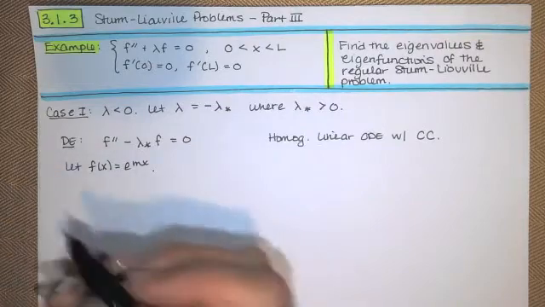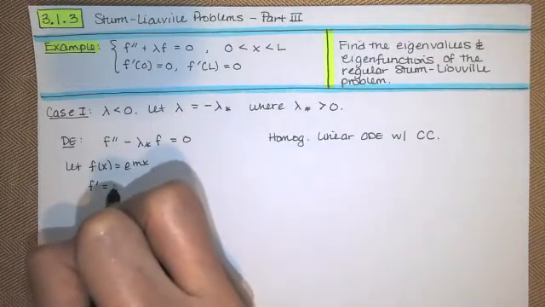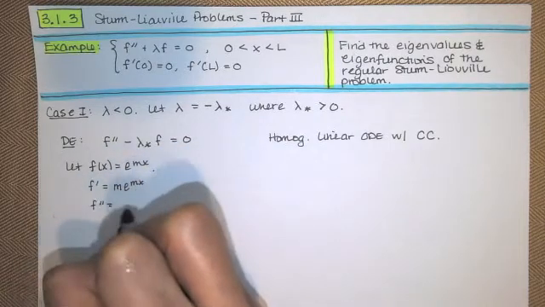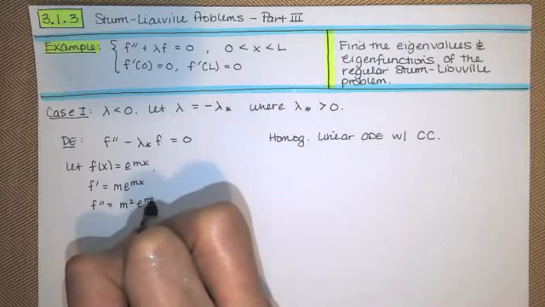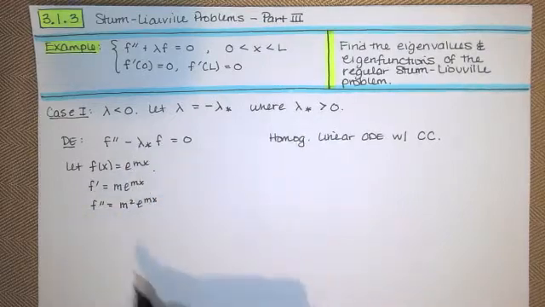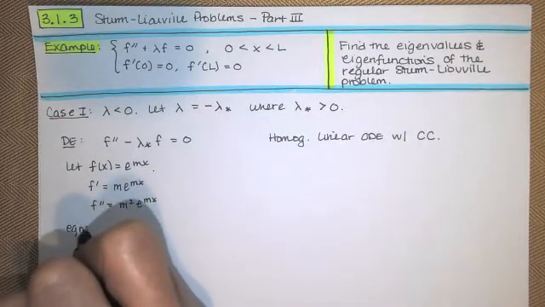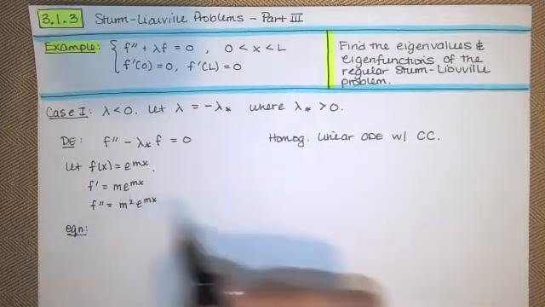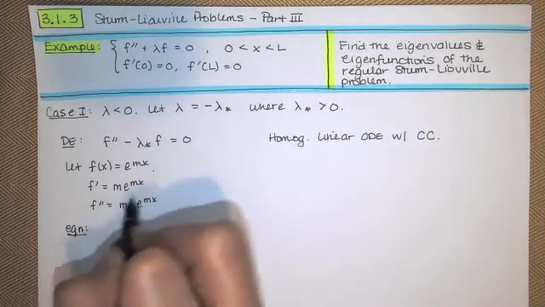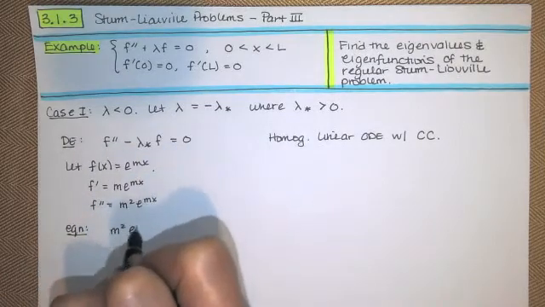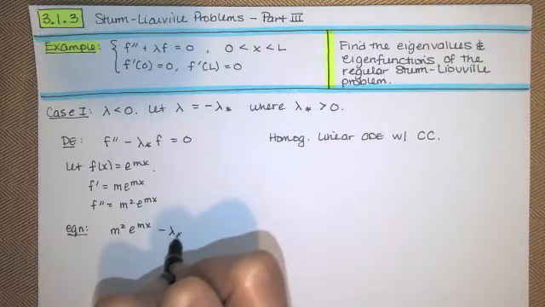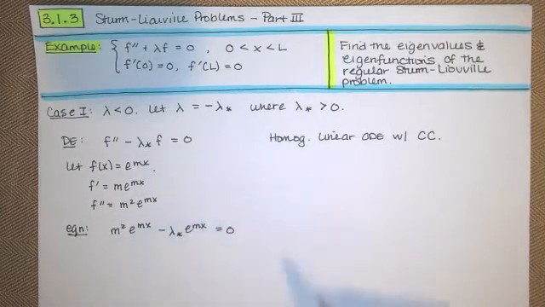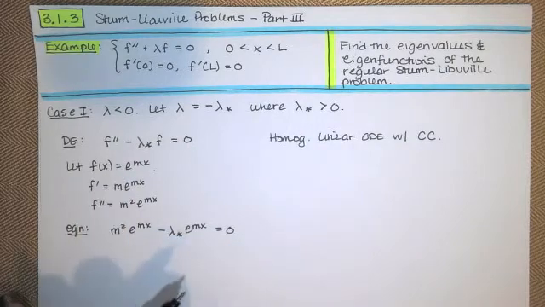Now, many people will skip this step. I'm not going to skip it, at least for the first and second examples. Many students need a reminder of where that characteristic equation comes from. You take the derivative twice, you substitute into the equation. If this is a solution to this differential equation, then this equation must also be satisfied. F double prime, which is m squared e to the mx, minus lambda sub star times f, which in our case is e to the mx,